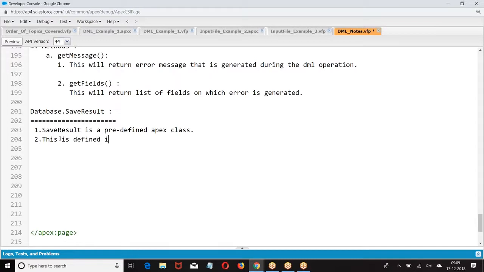This is defined in the namespace of database. This class contains the result or the status of the DML operation.